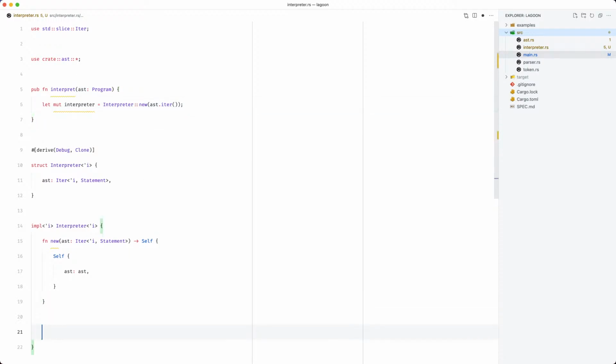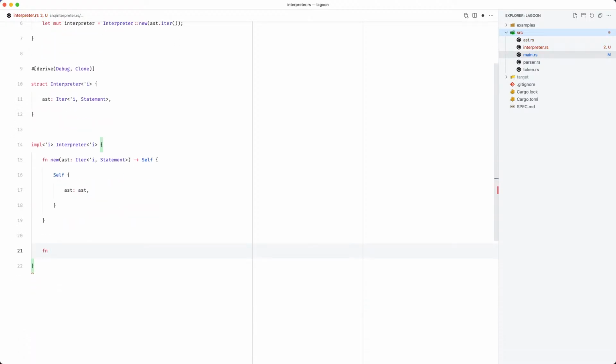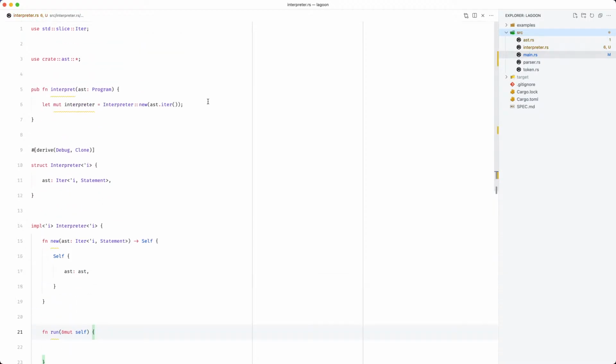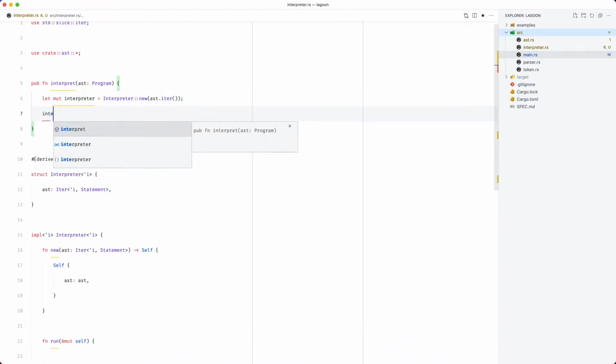And then we're going to want some sort of method in here to say interpreter run. This is going to need to have a mutable reference to itself. We'll say interpreter.run. Perfect.